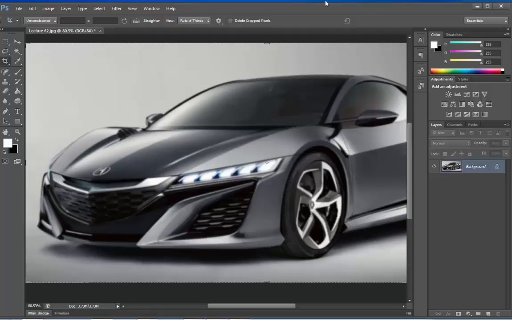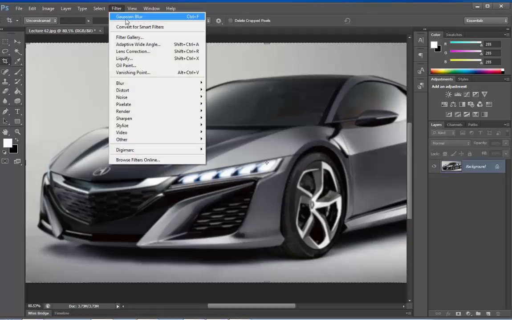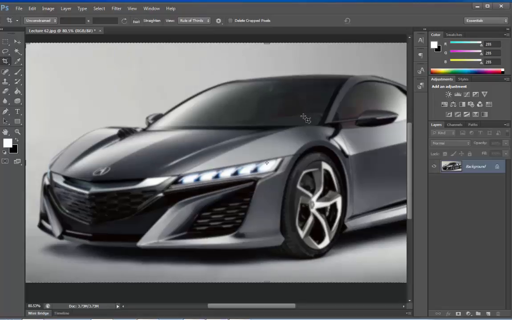Let's again go to the filter menu. Here you can see that Photoshop can remember the last filter, and it has a keyboard shortcut for the last filter, Ctrl F. To apply the same filter again, if we hit Ctrl F, that Gaussian blur is again applied to our image, and it does not even open that dialog box. It has used the exact same settings that we used previously.